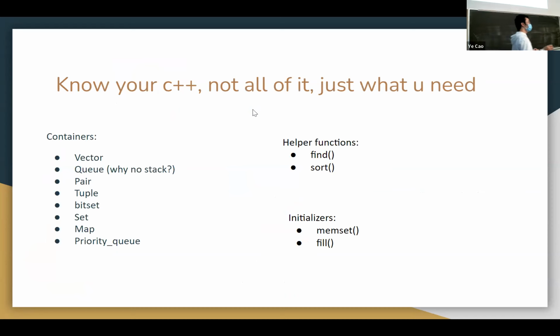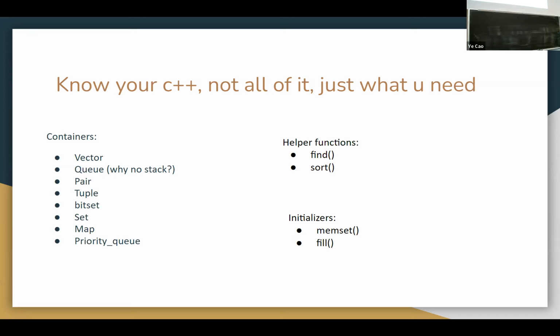So, since we brought up C++, I think it's helpful to talk about what part of C++ is most useful, because when you want to master competitive programming, you don't really have to know the entirety of C++, right? Besides a few people on this planet, I don't think anyone really knows the entirety of C++. We're going to use a subset of C++ in our competitive programming. And as you can see on the slide, it's a very limited subset of C++ that you're going to use.